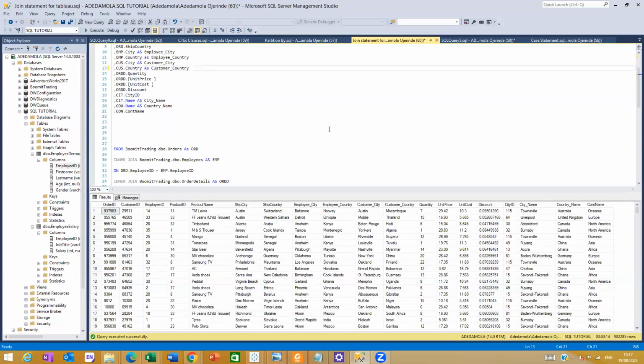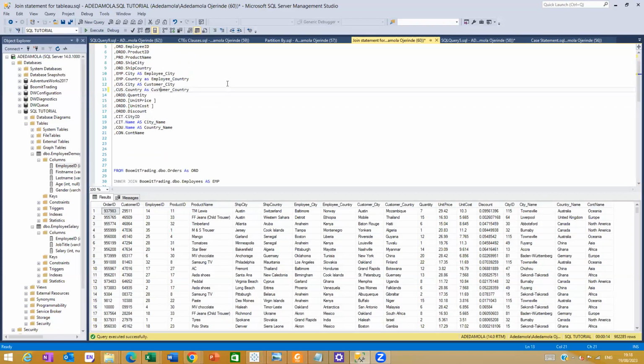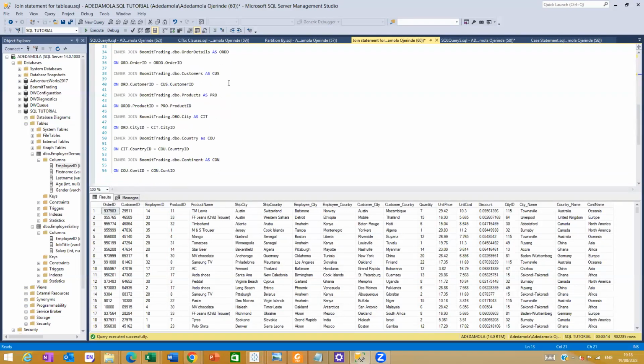So okay, this is a query that I wrote because I was trying to move this one to Tableau. So I did it with orders, employee, order details. Okay, so just let me help you here. If you're going to write this query, you want to start with orders and then join order details. No, I've done that already. I've written the query for this. I know, but you put order details later on. I'm just thinking of how the thing is going to run.